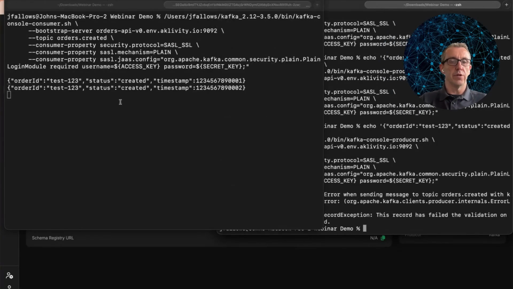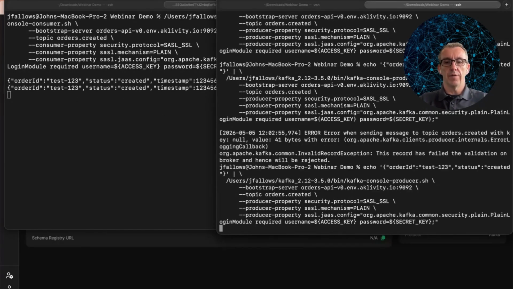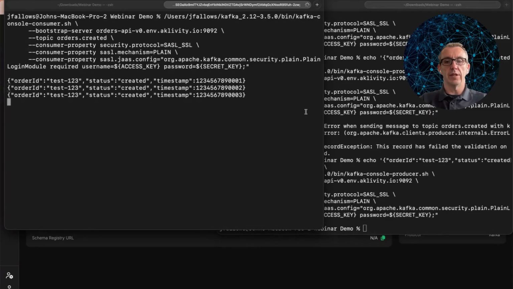That means that there's no message in the broker, so the invalid message did not actually arrive, and therefore it didn't show up on the left side here. And so if we just go back and do one more good one, you can see that this is bookending the attempt to do the invalid message, and therefore we can see with certainty that it never actually got the invalid message in the system.